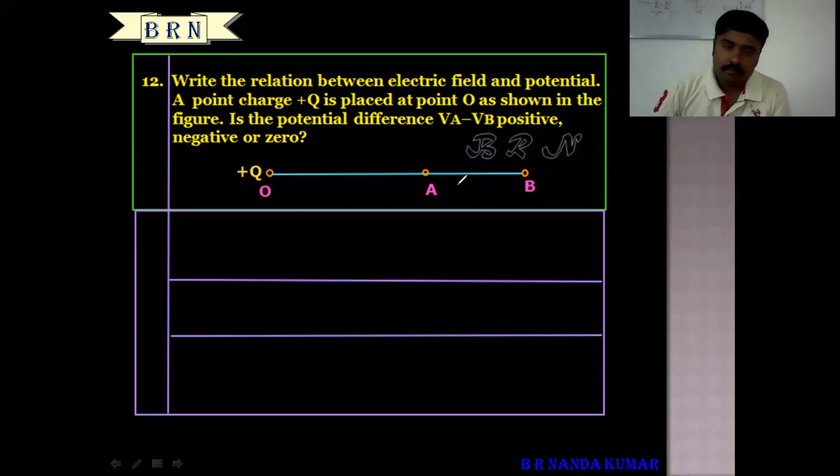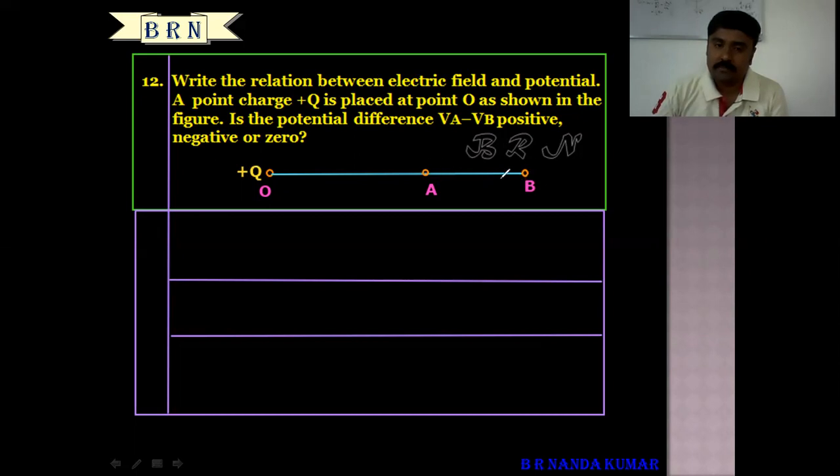Okay. So here you only need to know the potential difference between 2 points. Actually, work done in moving unit positive test charge from infinity to point A is much greater as compared to work done in moving unit positive test charge from infinity to point B. Because electric potential at a point is measured by work done in moving unit positive test charge from infinity to that point against electric force of the field. So here electric potential at point A is much greater as compared to electric potential at point B.